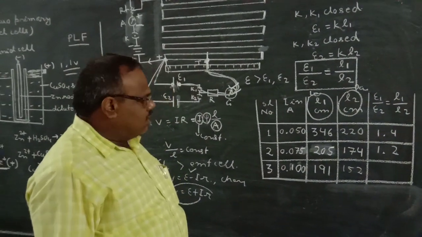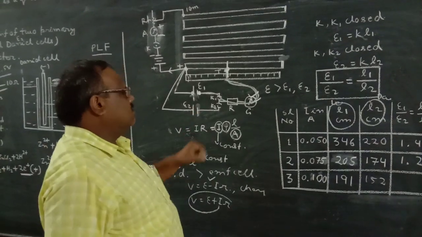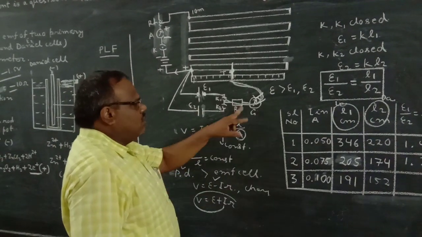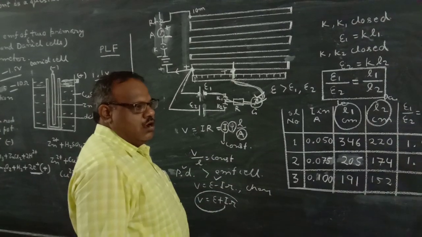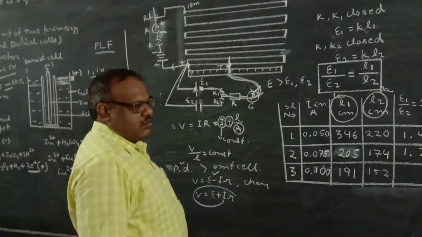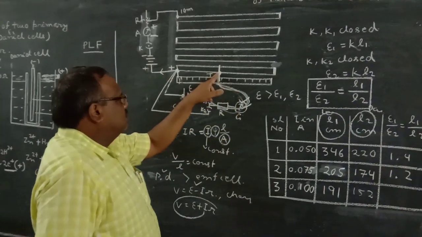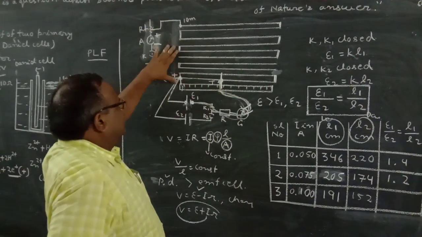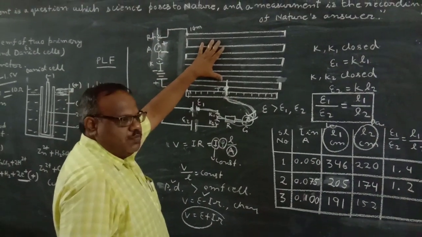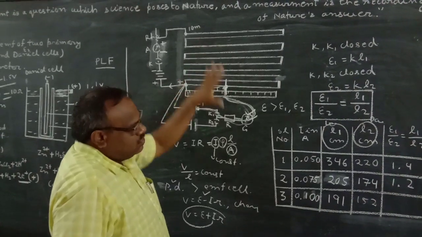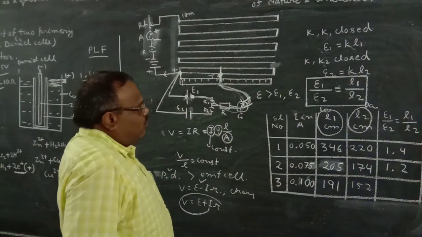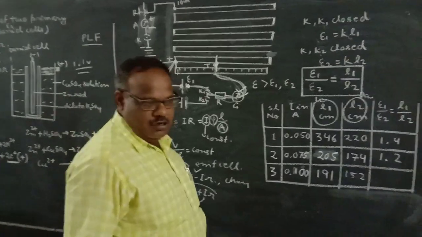And what do you mean by null? Sometimes there is a misconception that null deflection means no current in the potentiometer. Remember, null deflection means no current here, in the galvanometer branch. Current is still in the potentiometer wire, because the driving cell provides the current which gives the potential gradient. So these are the things you have to think and ponder. Thank you all. Have a nice day.